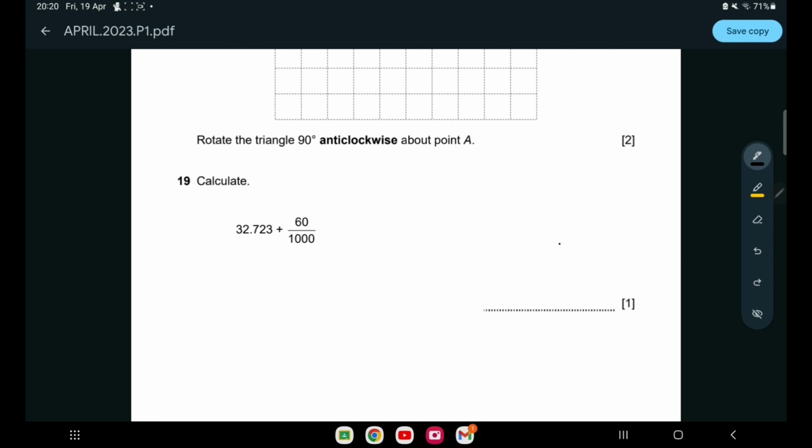So this is gonna be tenths, hundredths, thousandths. So it's gonna be 6 over here. So 32.723 plus 0.006, and then it's gonna be